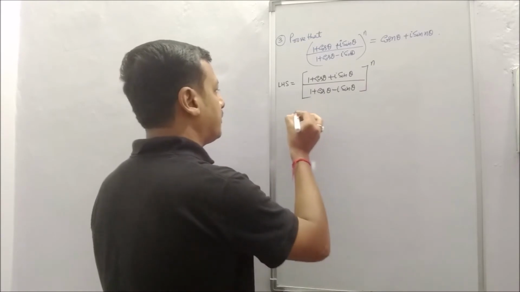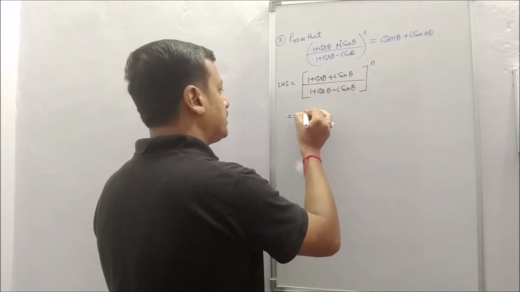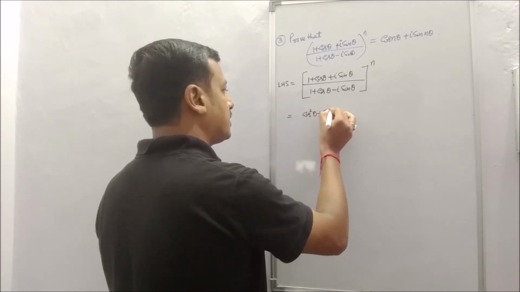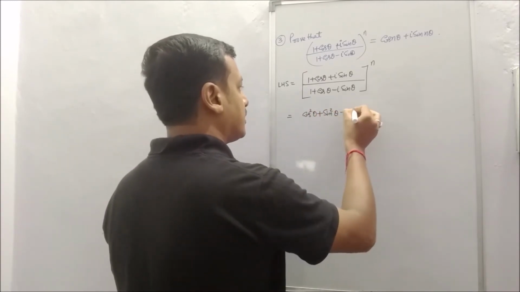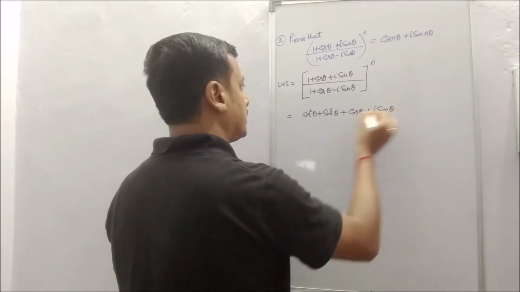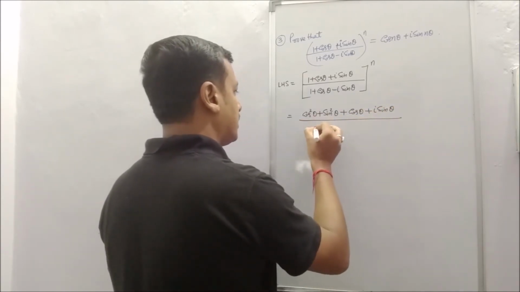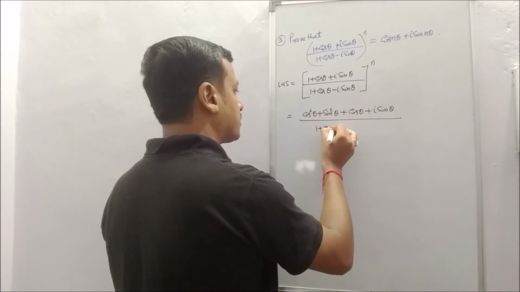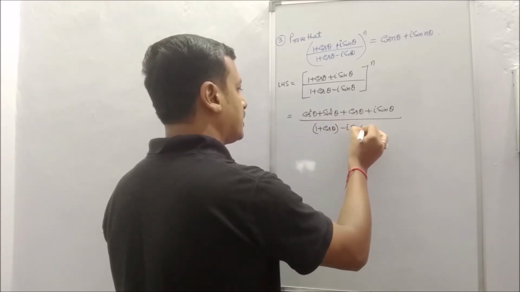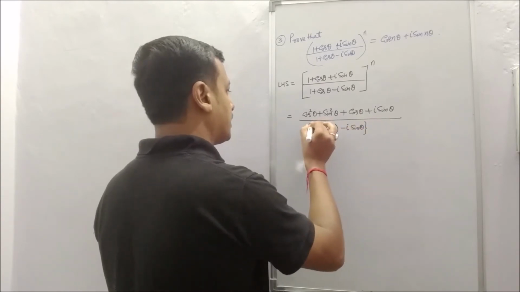In place of 1, writing cos square theta plus sin square theta, and this is cos theta plus i sin theta divided by writing 1 plus cos theta in one bracket and minus of minus sin theta in the other bracket,